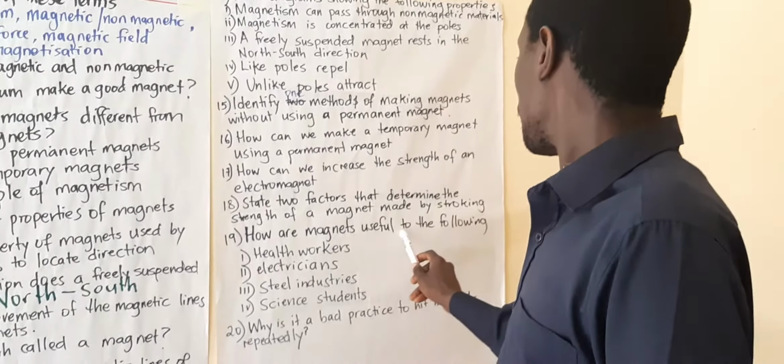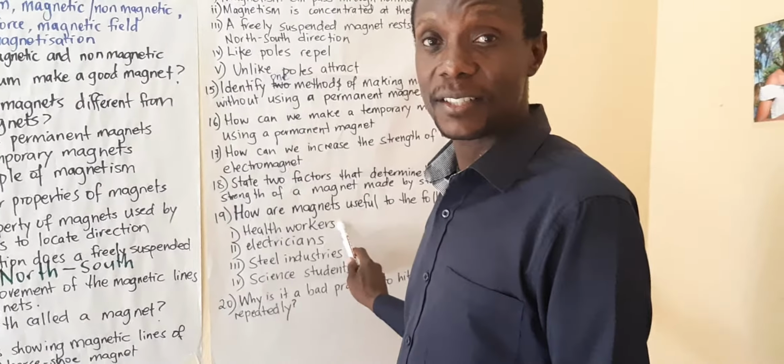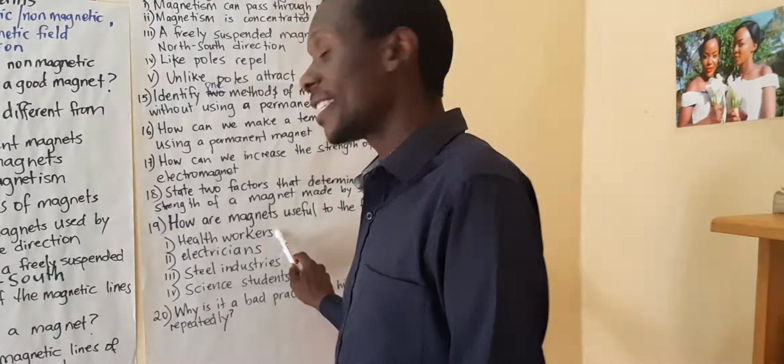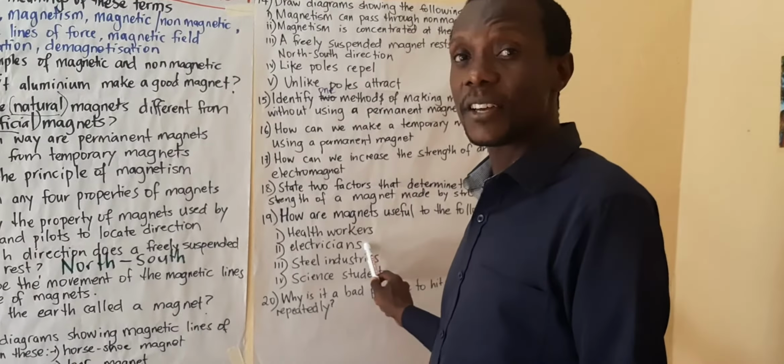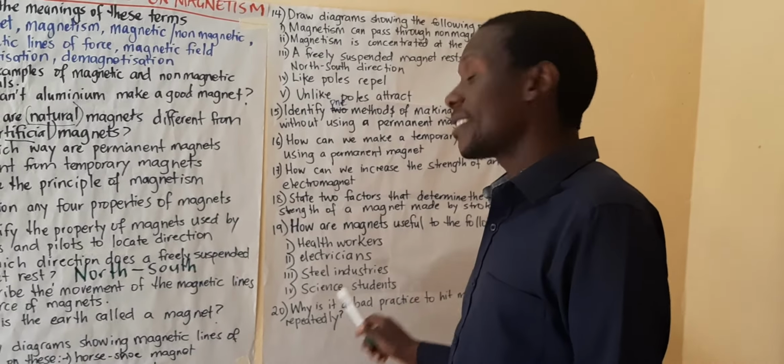How are magnets useful to the following? Health workers, they are used for removing tiny magnetic bits from the patient's eyes. To the electricians, they're used for holding screws and nails. In the steel industries, that electromagnet